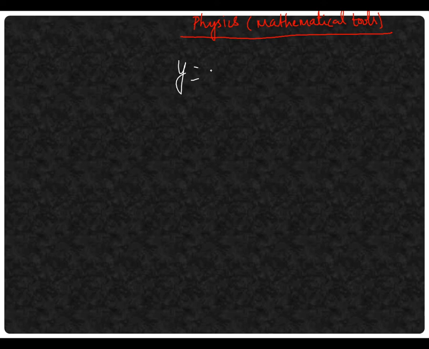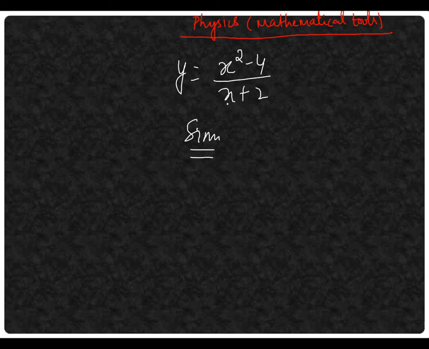We want to find the differentiation of x square minus 4 upon x plus 2. Can we directly differentiate that algebraic equation? No. First of all, we simplify that equation. It is not necessary that differentiation formulas are applied directly to every polynomial or algebraic equation. First we see if there is a need for simplification, so we are simplifying the equation.